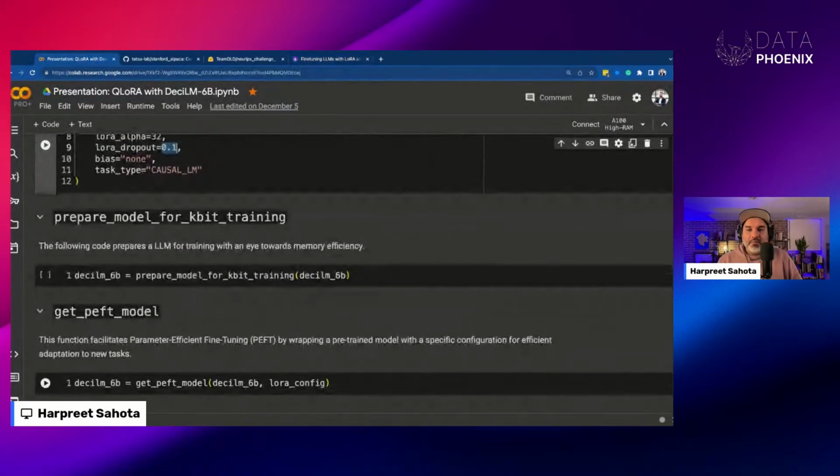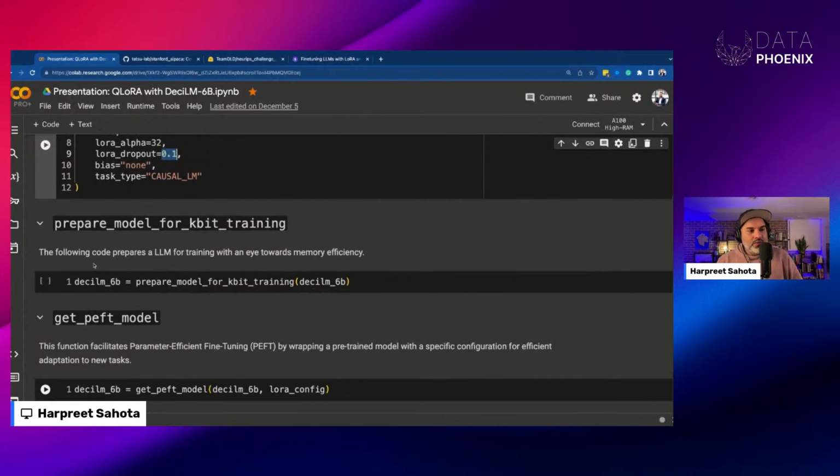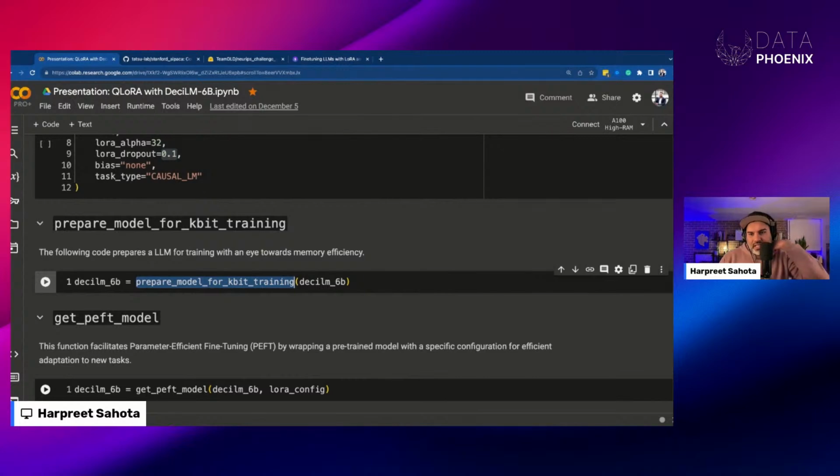All right, so now let's talk about prepare model for k-bit training. So this is essentially a helper function that does a whole bunch of stuff for us. It's going to set the gradient requirements of all the model parameters to false. So it's just going to freeze the model, prevent it from updating. It's going to cast all parameters that are not already in 32-bit floating point format to be in 32-bit floating point format. So if the model is loaded in a lower precision, like 4 or 8-bit, or it's